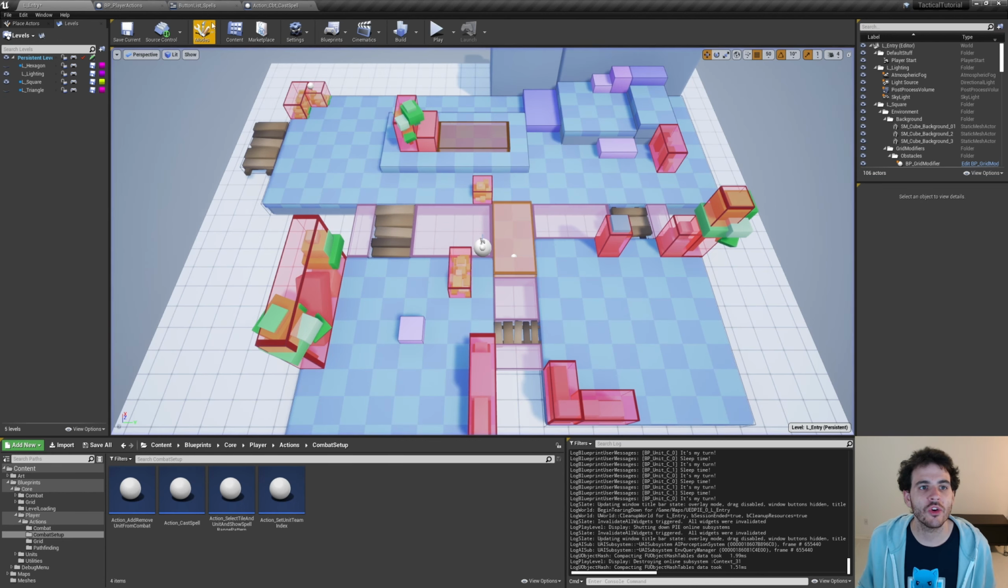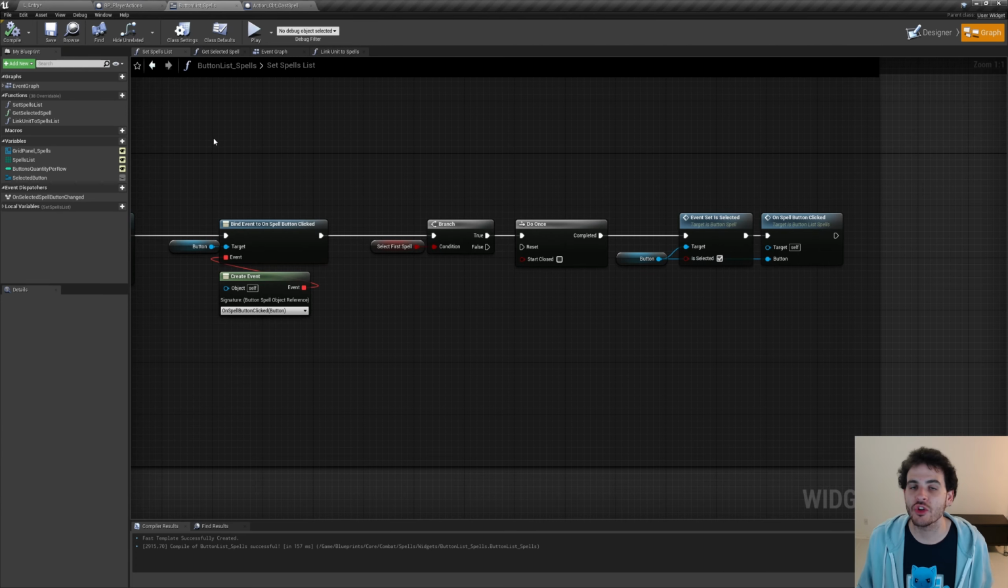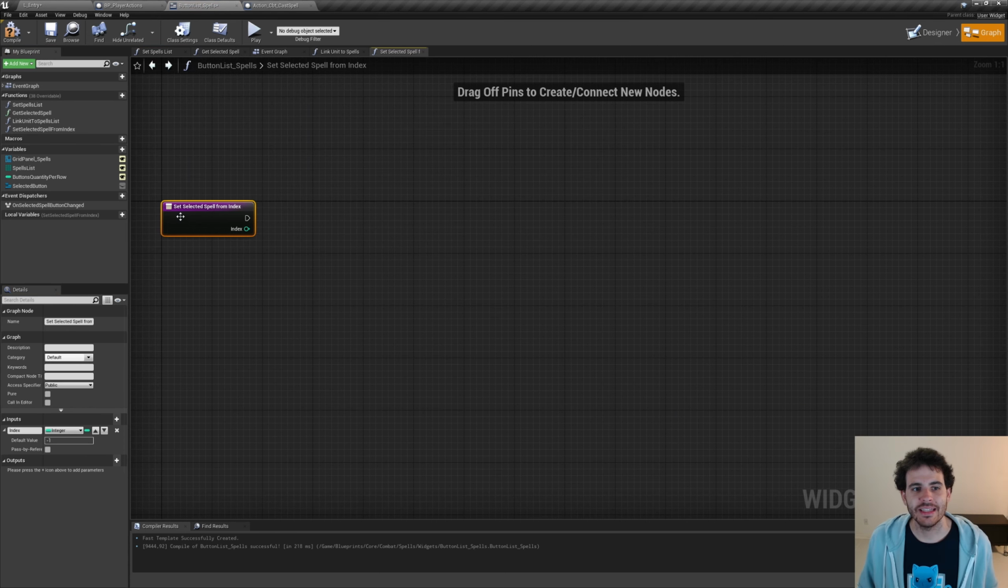I'm gonna stop and go start with the button list because there's no way to set the selected spell right now. So let's go do that. We need to create ourselves a new function to do that. I named the function setSelectedSpell from index, and I'm passing it one input, which is the index of the spell